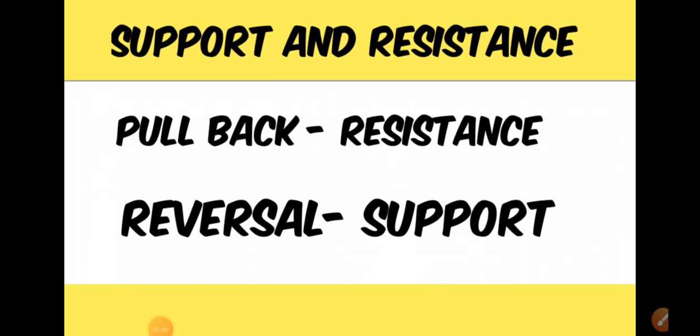So this is the basics of technical analysis. In the coming series on this concept, we'll discuss what candlestick patterns are and what various indicators we employ in our day-to-day charts. All those things will be covered in the next part of the videos. The first part is support and resistance, which is the very basic part of technical analysis.